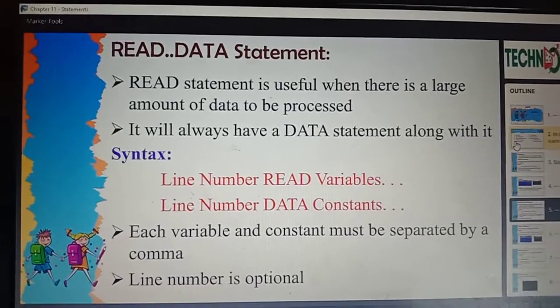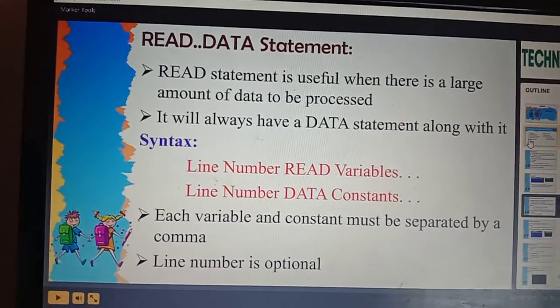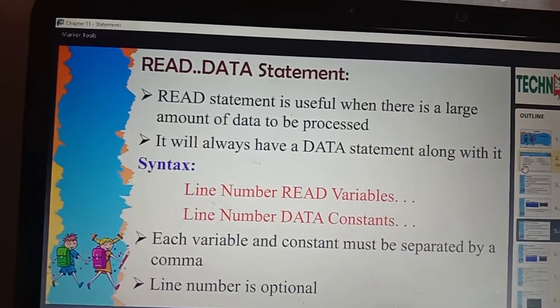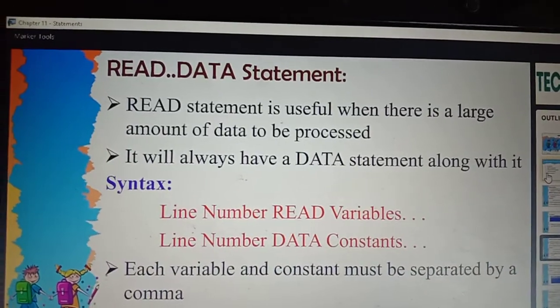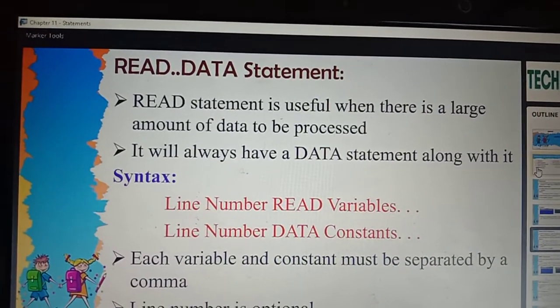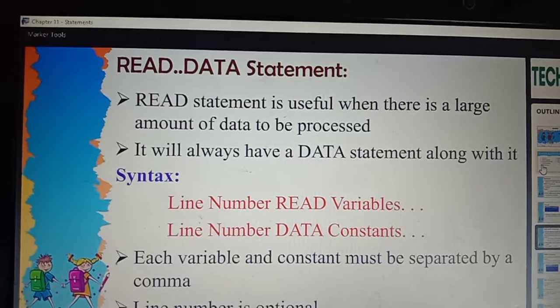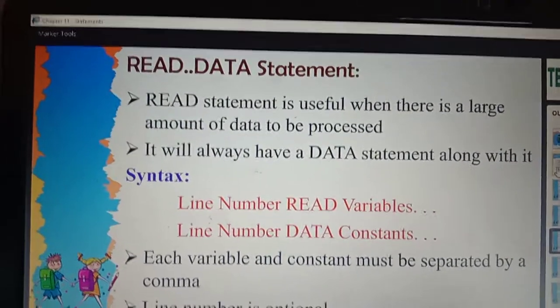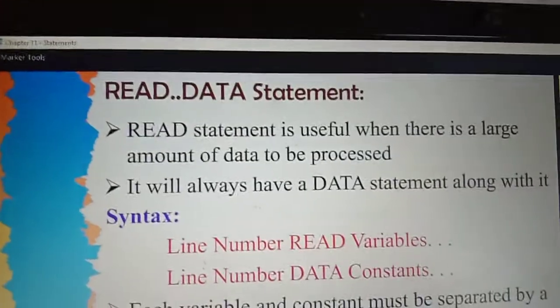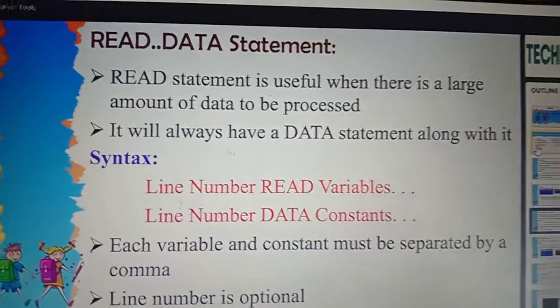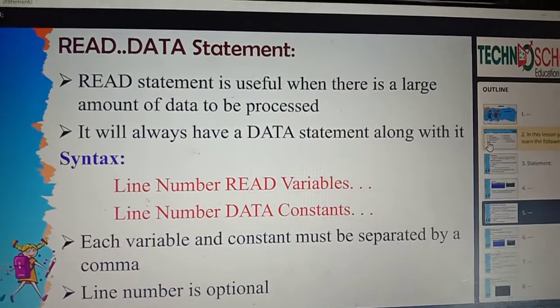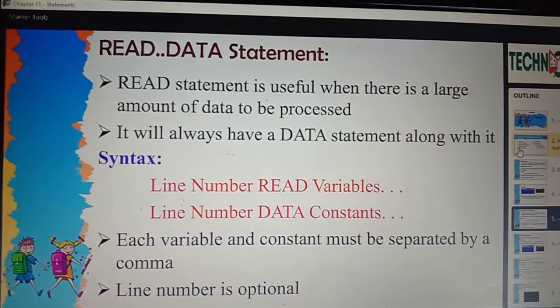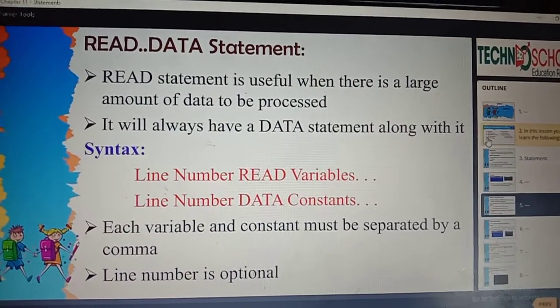Next, the read data statement. We know how to give an input. We need to read the data, right? Yes. The read statement is useful when there is a large amount of data to be processed, mainly when we have n number of data to be processed. It will always have a data statement along with it.